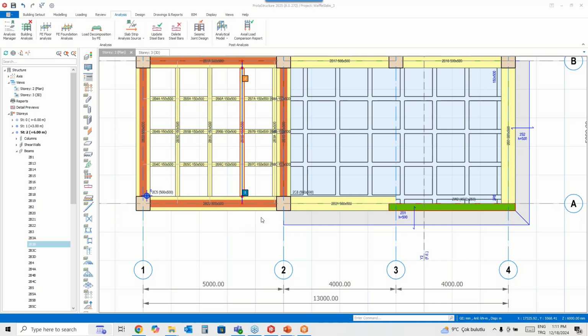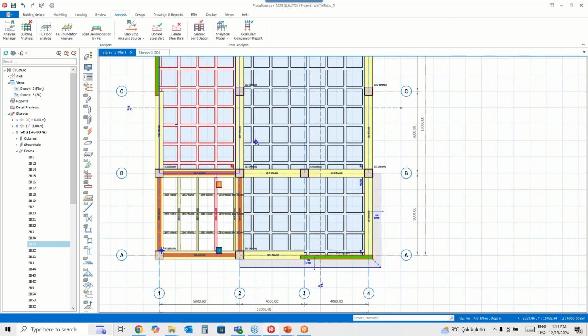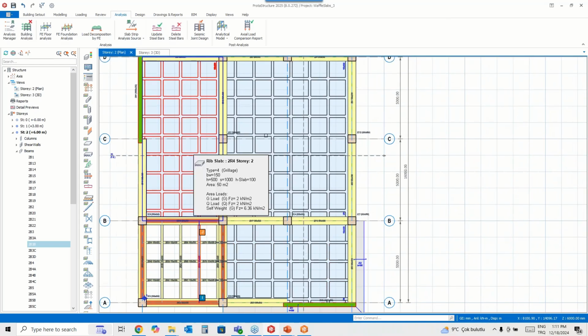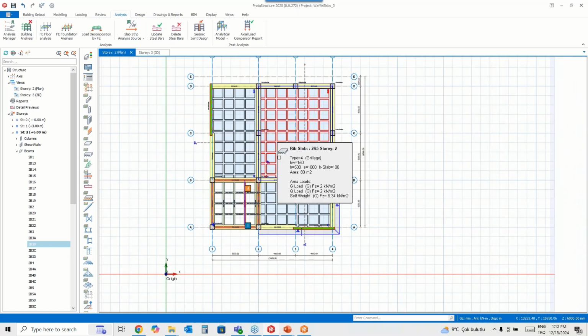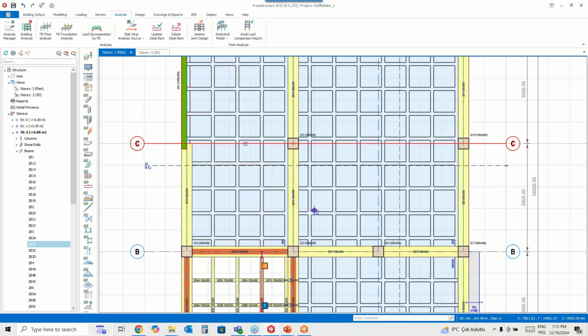So, Mr. Ver, transverse rib beams are actually used as a detail, because we are just collecting all results, so transverse ribs are considered in here. But of course, if you want, you can review them in the analytical model.